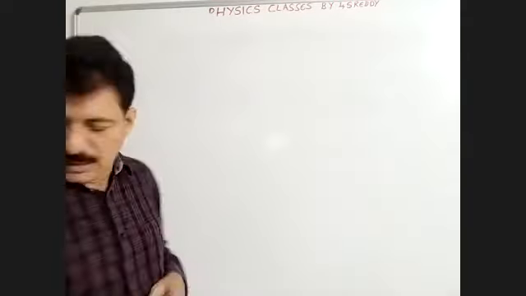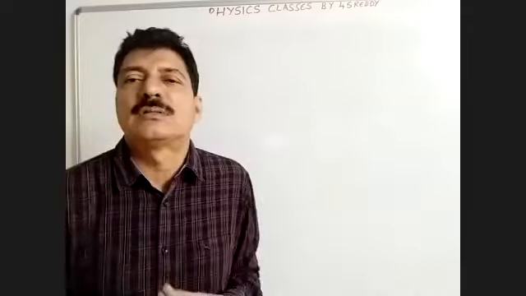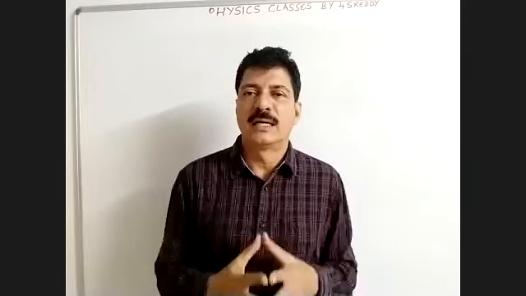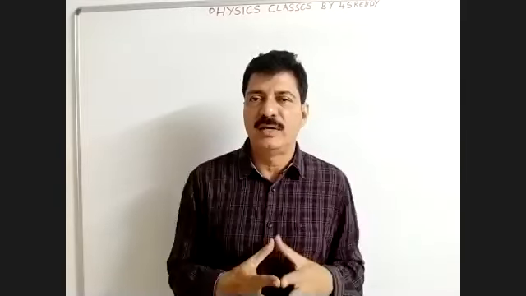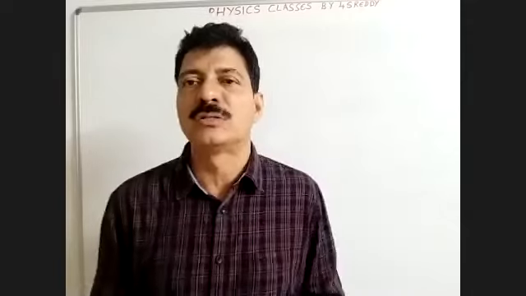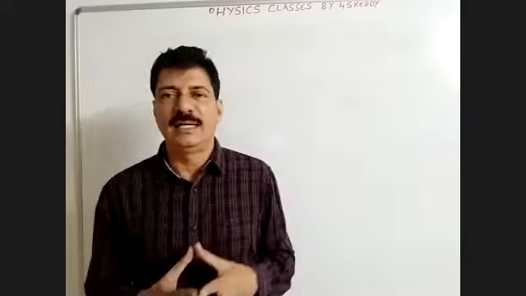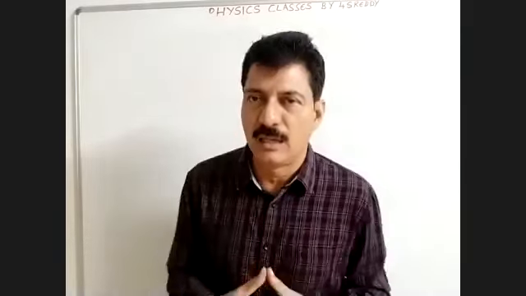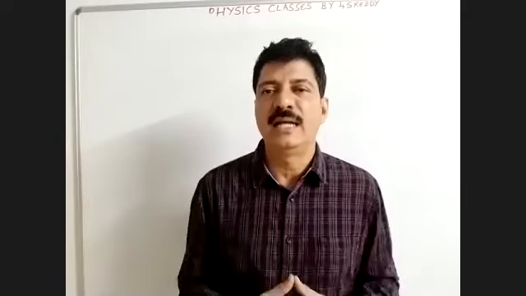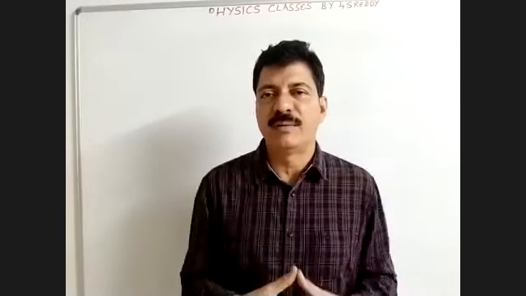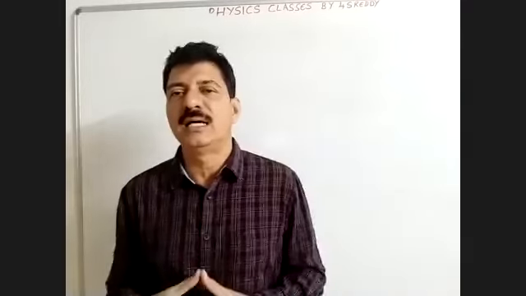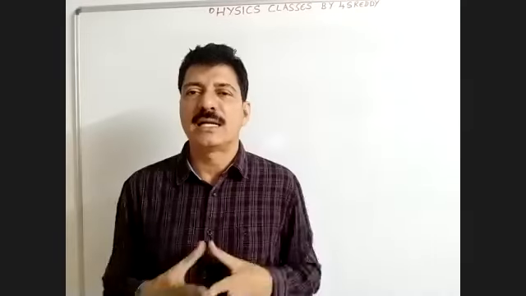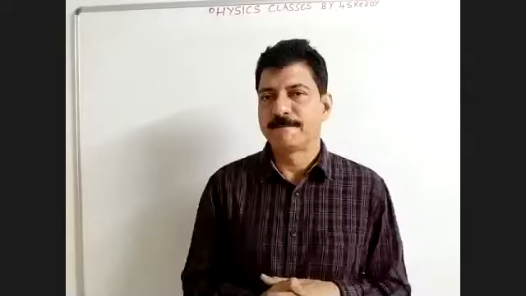After that we discussed trigonometric functions or ratios. Whenever you consider any right angle triangle, sin theta is always equal to opposite side by hypotenuse. And cos theta is adjacent side by hypotenuse. And tan theta is sin theta by cos theta, or opposite side by adjacent side. Cosecant theta is nothing but 1 by sin theta, the reciprocal of sin theta. Secant theta is the reciprocal of cos theta. And cot theta is the reciprocal of tan theta, that we discussed.